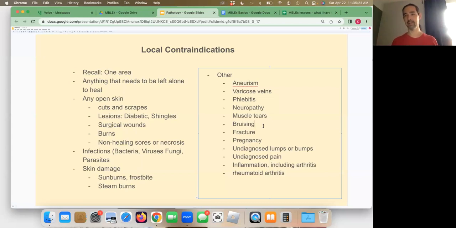It may not look like it, but if you do some very, very gentle flushing above and below a bruise, that can increase the circulation gently enough, gradually enough, and that'll last several hours, maybe even a day. So the body will be circulating that stuck blood out of there and bringing fresh blood in, which brings a whole repair mechanism. So bruising, for the MBLEX, it's a contraindication, but in real life, you have to use